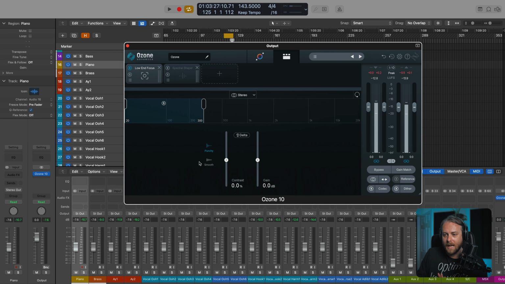So what I like to do is, if I want to bring up the attack, in this case the hits of that 808, and perhaps even some of the lower end of the claps and the snare, Punchy is the way to go. If I want to accentuate or control the sustain elements, like the bass, or in this case the 808s, that sustained boom, boom, boom, that is what Smooth is really good at. So now that I've helped your ears orient to what they're about to hear, let's first start with Punchy.